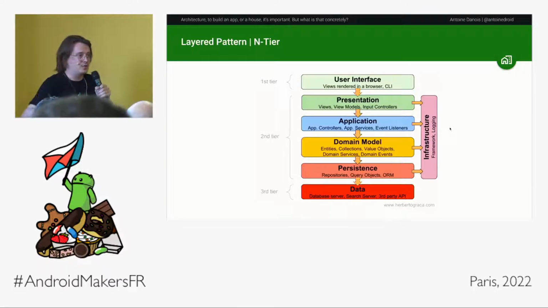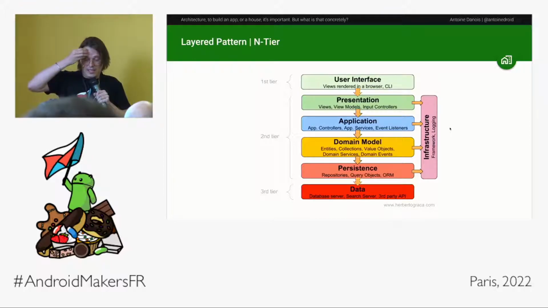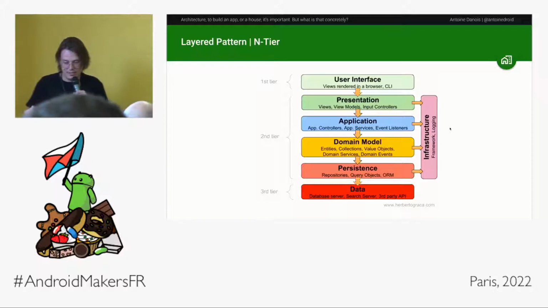If you are storing some data, or making server requests, etc., you are doing that in this layer. And in between, in the second layer, you have your application layer, all your business logic, etc. is going to be made here. This one, I think, is one of the famous architectures that we have.